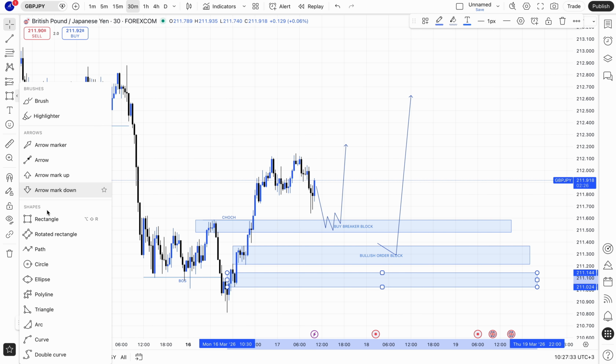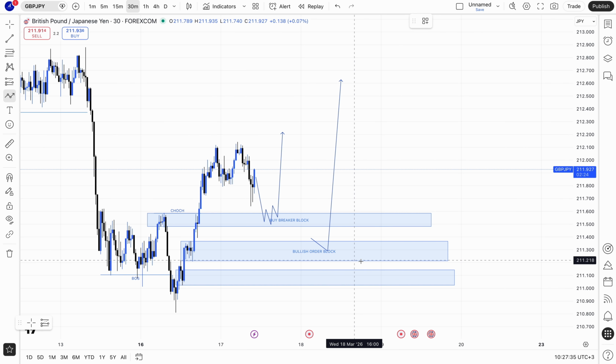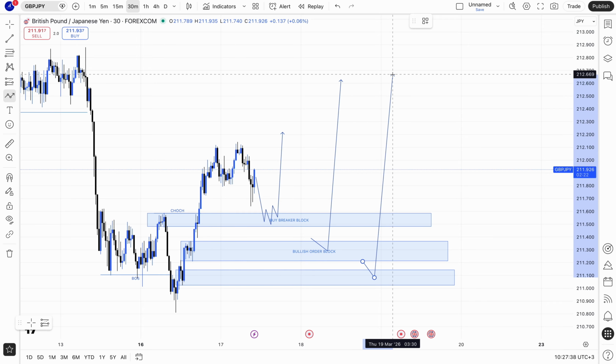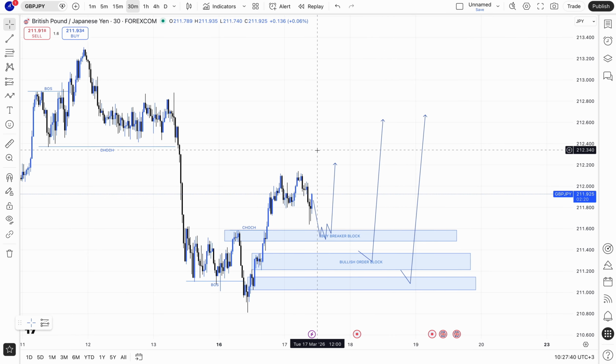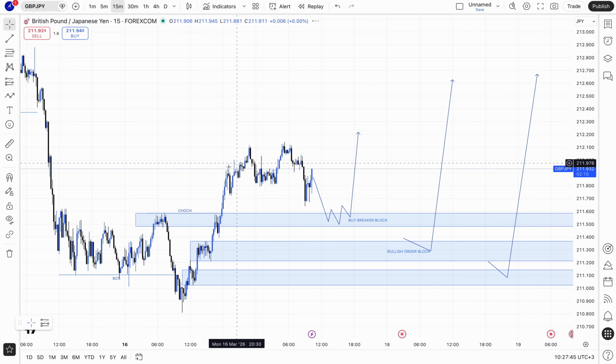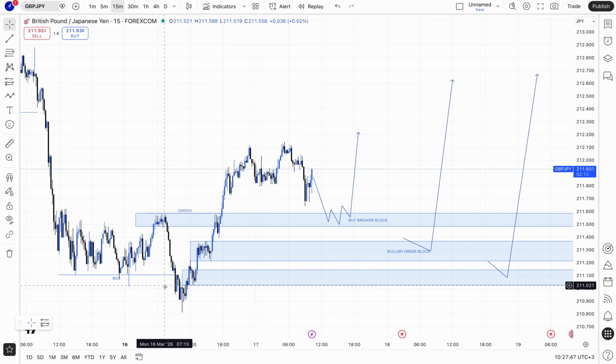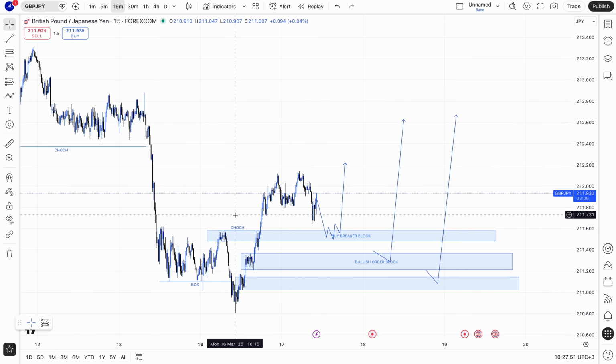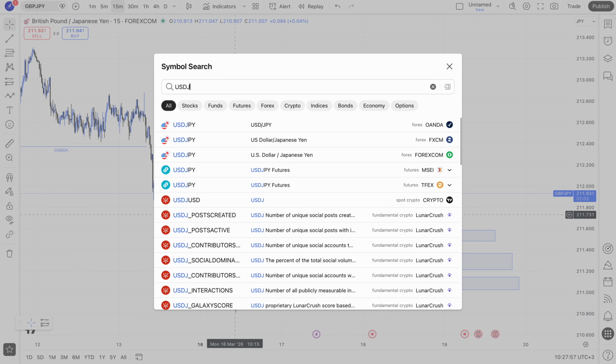You have another order block, which is here, and continuation. Then you can look for more order blocks on 5 minutes. No, we don't have. They're all mitigated. That's it for GJ, sorry. Then for UJ,